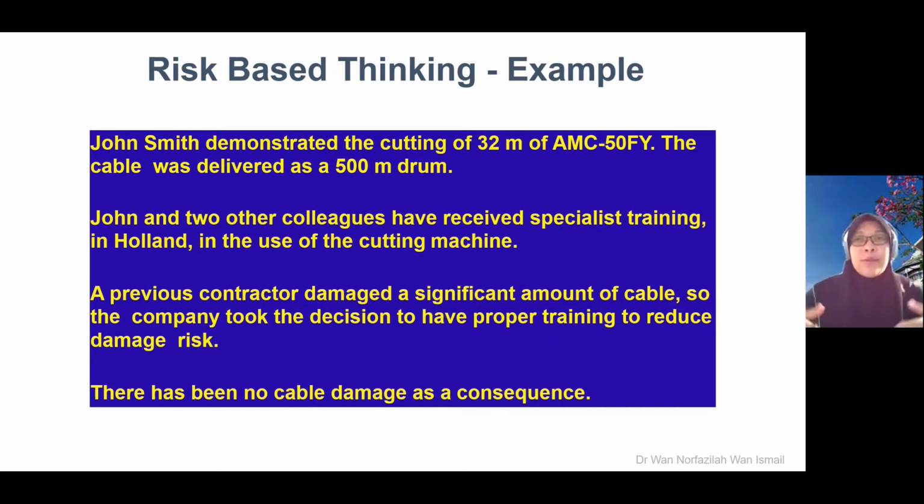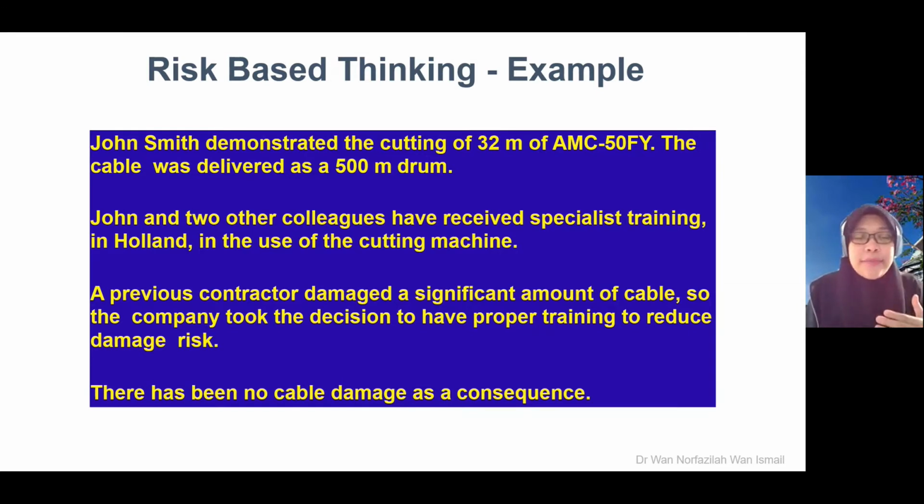Okay. So sebelum benda tu berlaku, before any risk happens, we give you training, we give you knowledge. Okay, where is the proper place to put the pipette? So that way we can reduce the risk. So this is the risk-based thinking. Okay, you need to think about the risk that might happen. So before the risk happens, you already do a proper training. Okay, give knowledge to your staff to reduce the risk.